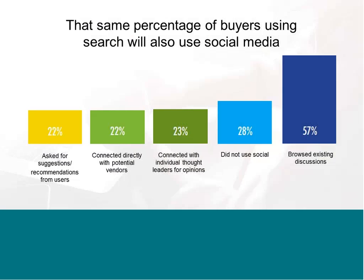And the way that buyers are using social is different. They are browsing existing discussions and connecting with their peers who are looking for recommendations. But increasingly, and especially on LinkedIn, they're connecting with individual thought leaders for opinions and connecting directly with potential vendors on social media, which means that the content that you put into the feed is part of those existing discussions that they're browsing, but it's also looking for thought leadership and even information on how to get in touch with you, which means you really need to have content